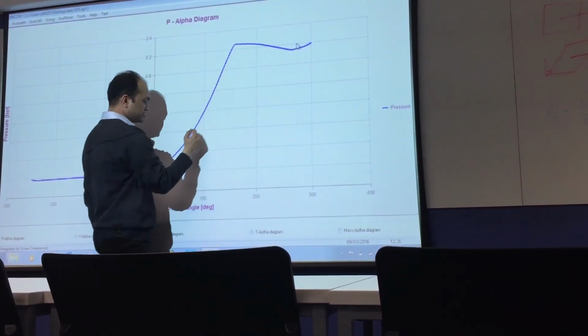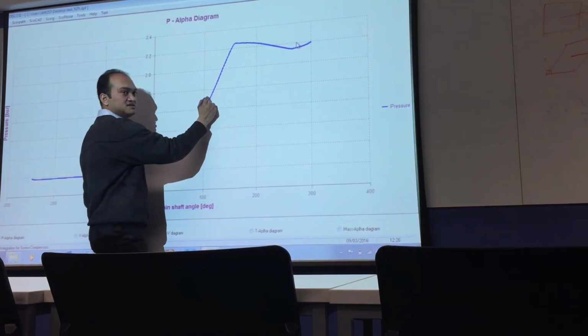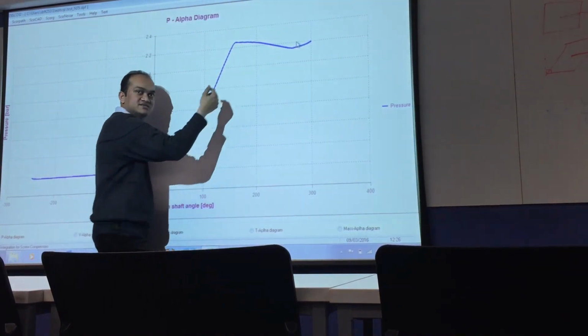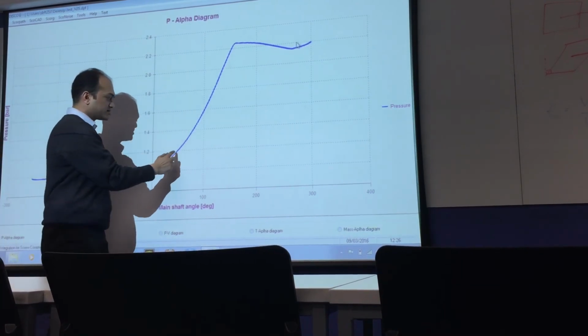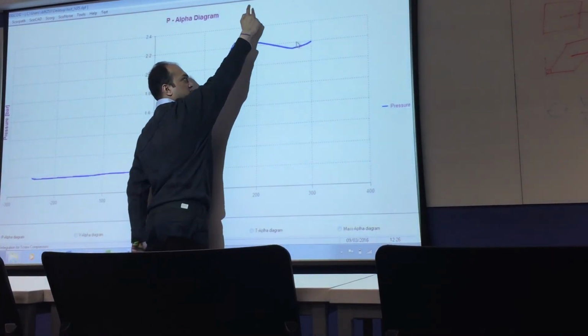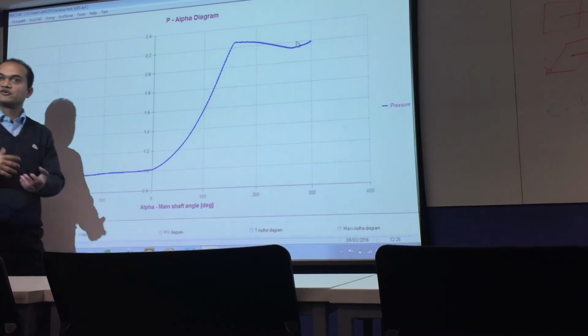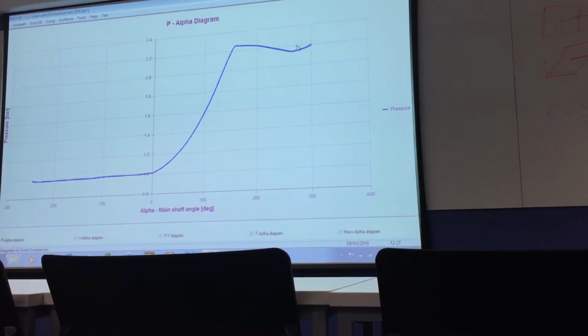Okay, there can be situation when internal pressure rise is less and then it goes to the discharge, that is called as under compression, or there can be over compression, that this goes up and then drops down, which should be avoided. Over compression should be avoided, but slight under compression is preferable because it improves efficiency.